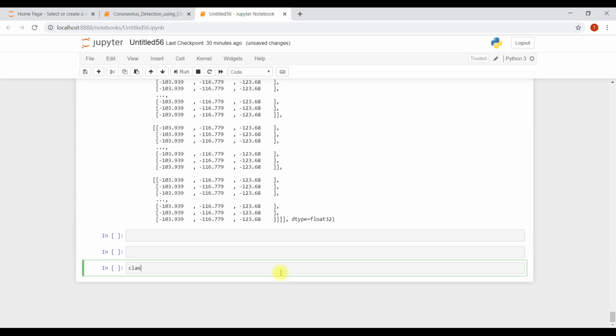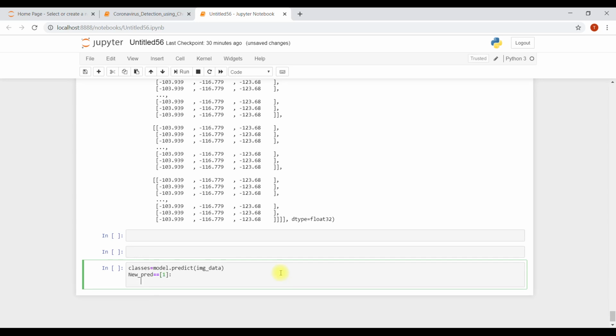Now classes equals model.predict(image_data).